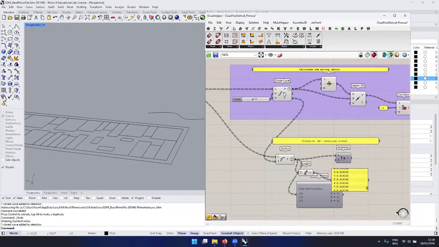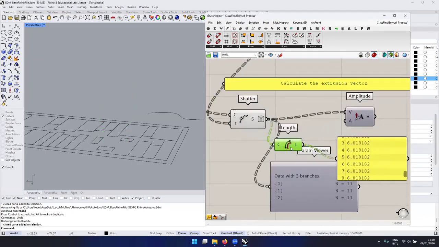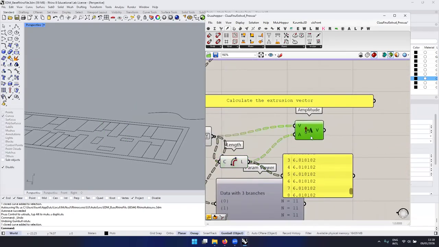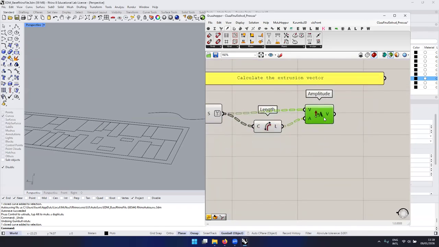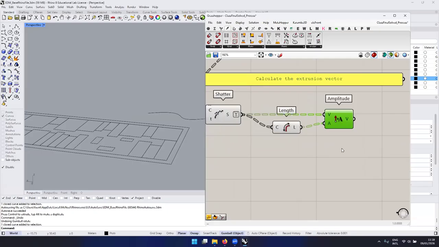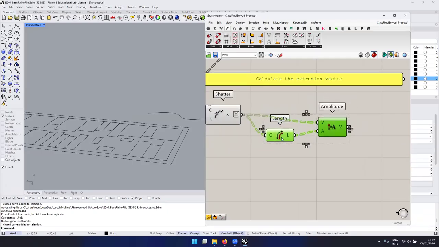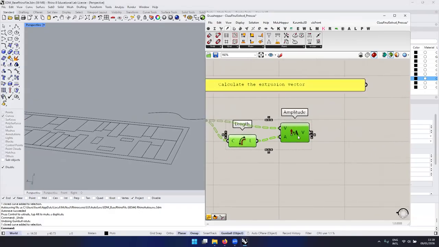This is what this component does, okay? But this will be my extrusion length, okay? And then, since it's always the same, guys, I can use